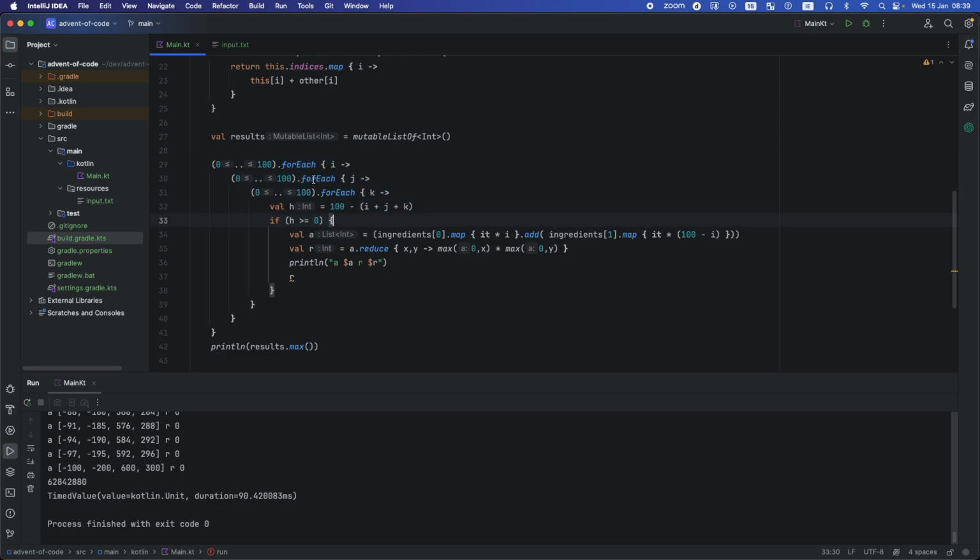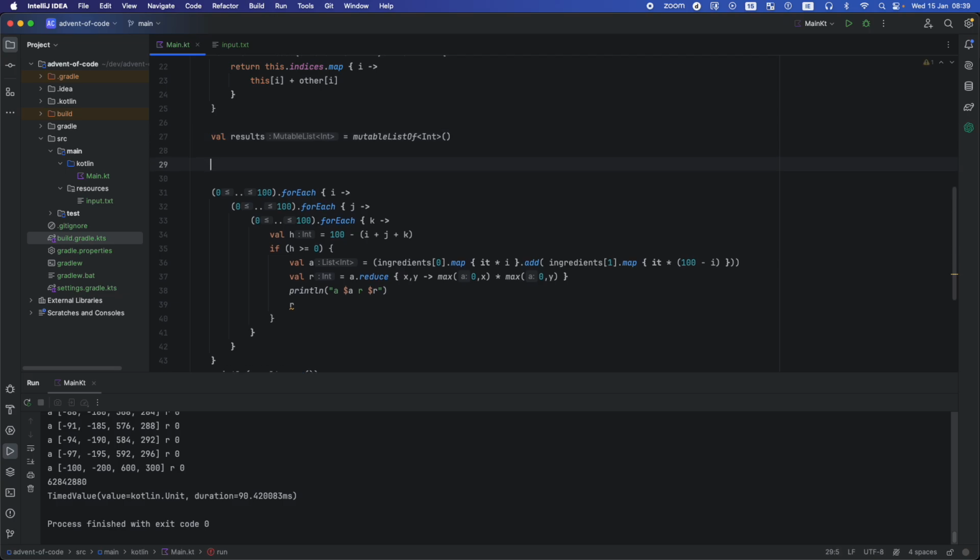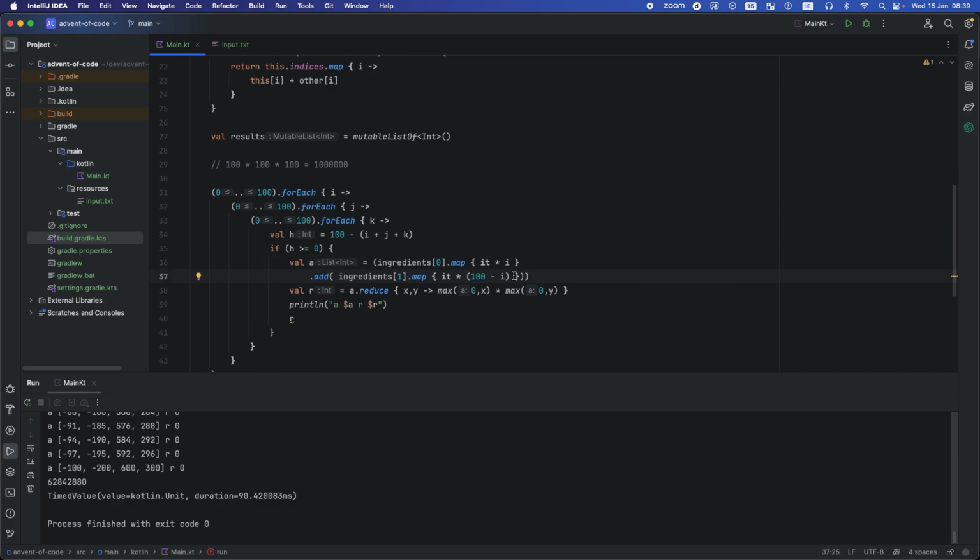So we have 3 nested loops, which is 100 cubed, equals 1,000,000 iterations. That's fine. Then we do similarly add them, but using our